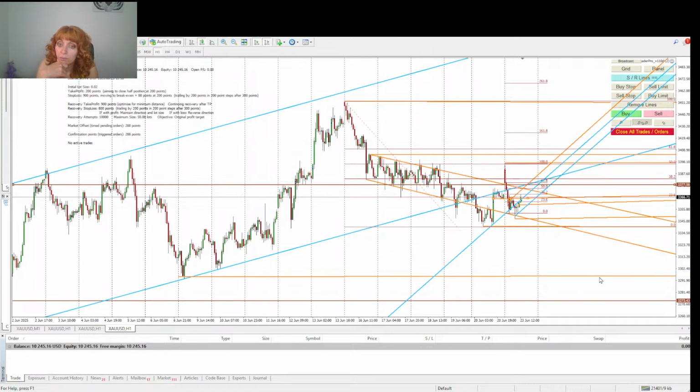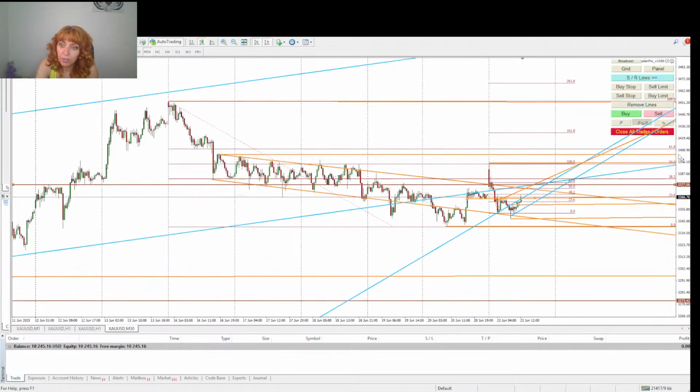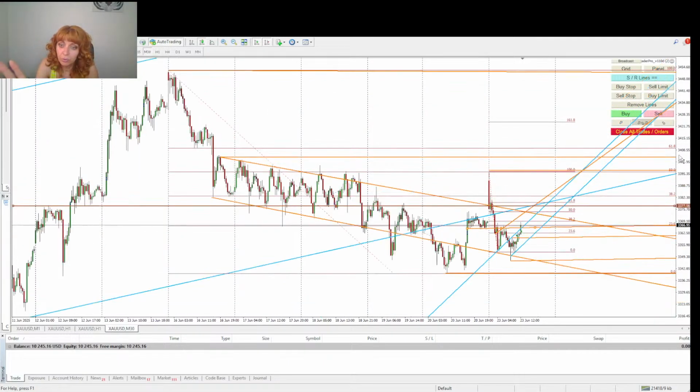But of course it might just continue and follow the breakout, or down, which I would probably think if we will not reach this area and then just try to reverse from here, then I would say it would try to go further down. But at this moment it's just that crucial area where the market is trying to get the idea of what it wants to do,